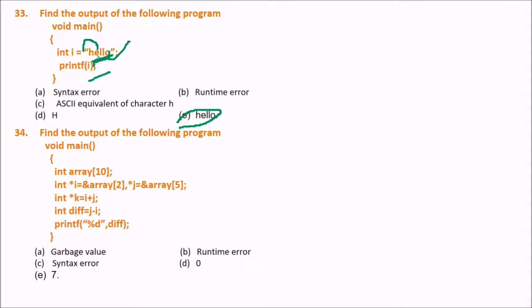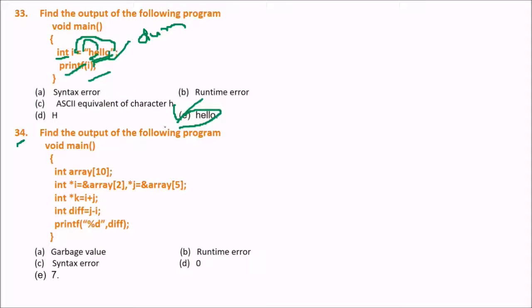We can print the string using an int. How? In the underlying implementation, if the size of integer and the size of the pointer are the same, then there is no problem in storing the address of the string literal in this integer. You can store the address of the string literal in an integer. So printf is just a dump routine. It will only dump or print the value, and it will interpret the first argument as the string, right? So you can easily get this answer.